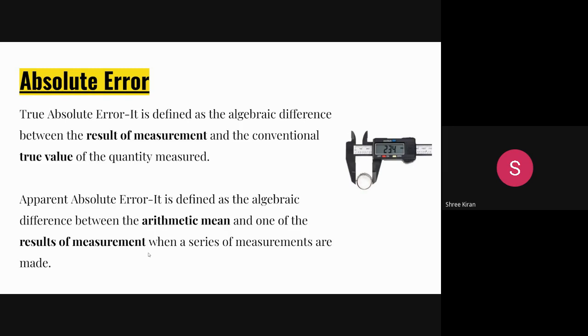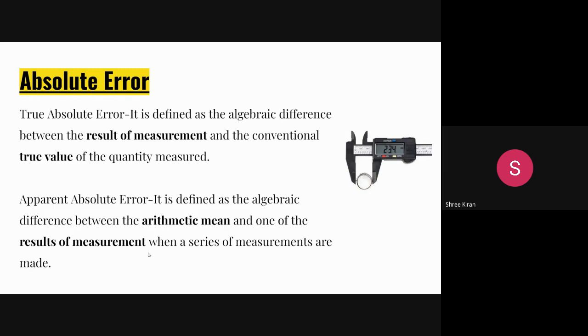Now we come to the absolute error. So the true absolute error. What do we mean by the true absolute error? It is defined as the algebraic difference between the result of measurement and